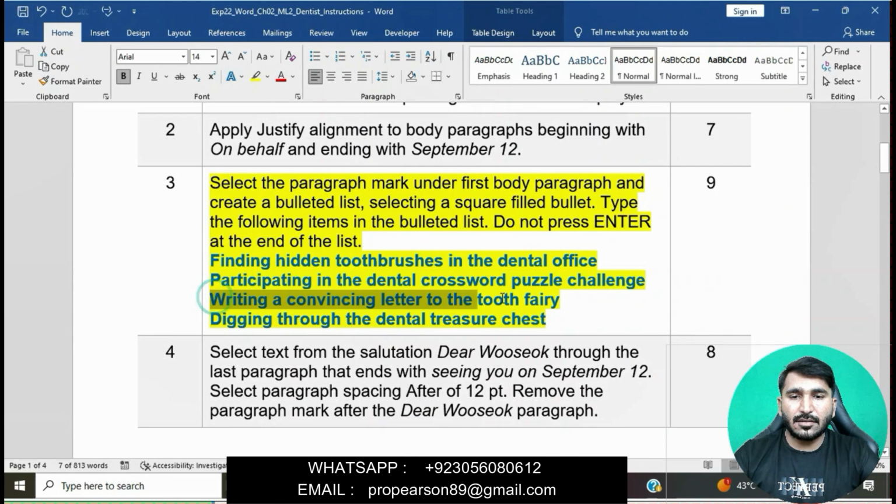Now writing a convincing letter to the tooth fairy.